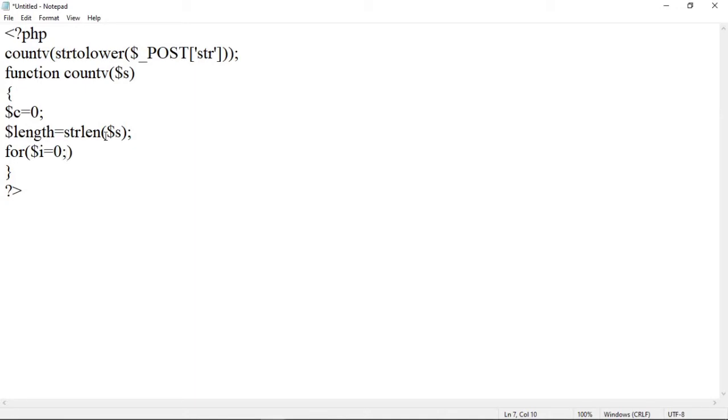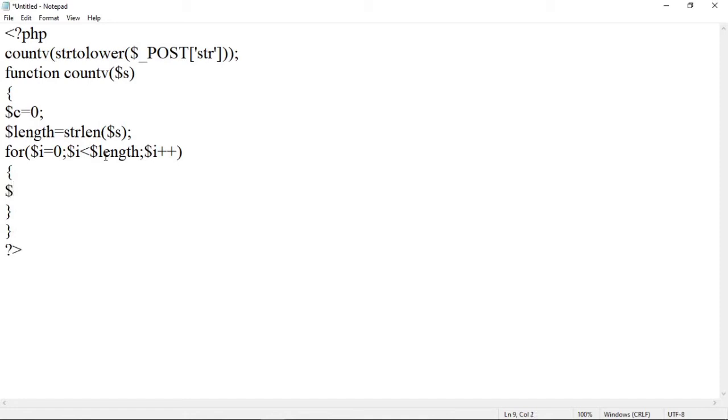After that, $I is less than... length is stored in which variable? $length variable. So $I is less than $length, and $I plus plus to increment the loop. So this is a loop which checks whether there is a vowel or not.